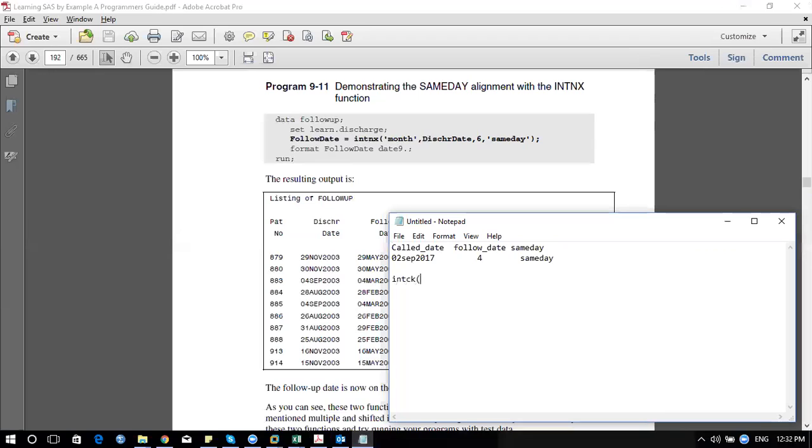I want this based on month, correct? I can write your call date. Instead of 6, I can write the same variable name. I can write follow-up date, and it will automatically take it into account.